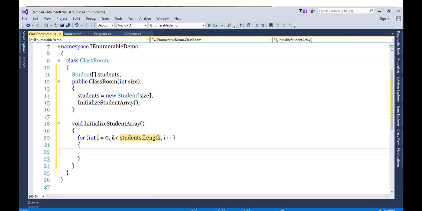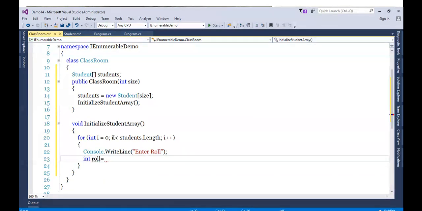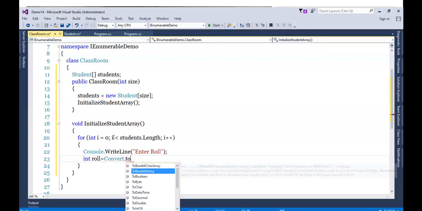So what you will do, you will simply accept it, like enter marks. This is not a good way of doing it, but still right now I just want to explain the IEnumerable interface. So let's focus on that. So integer roll equals Convert.ToInt32.